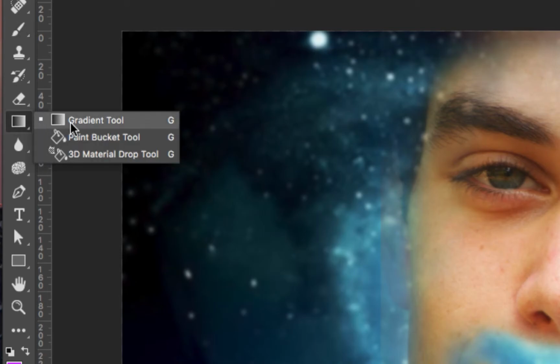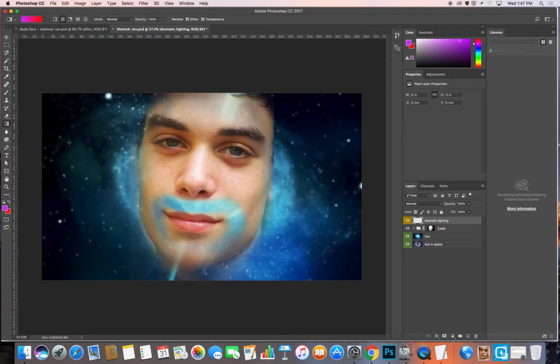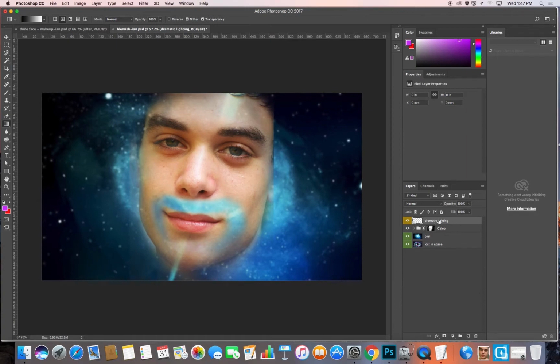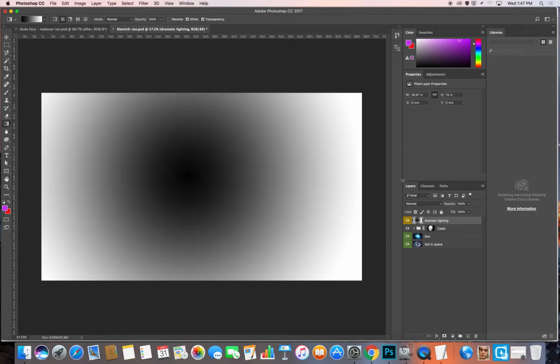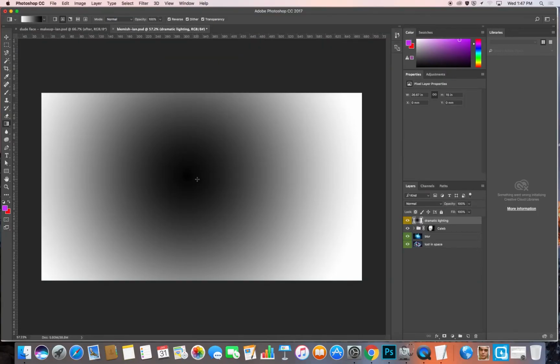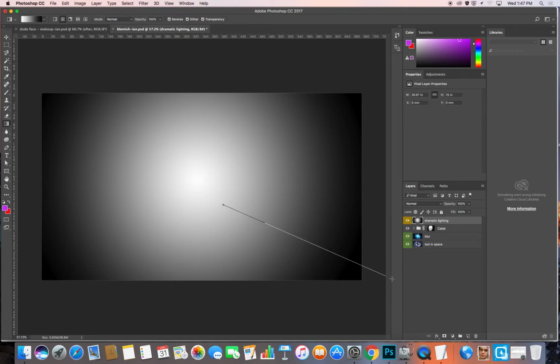Remember that's G, right above your paint bucket tool. For your colors, make sure it's black and white. Have that selected, because we're going to use this and change the blend mode to get a kind of spotlight look on this person. Now we're on gradient, we've got a radial gradient. You can draw. If you need to reverse it, it's up top. You can click reverse. Now I'm going to draw again, and this is the lighting I want to have over